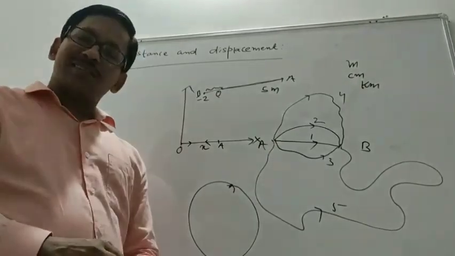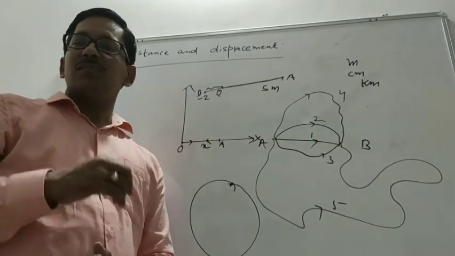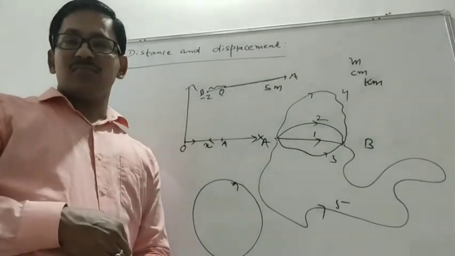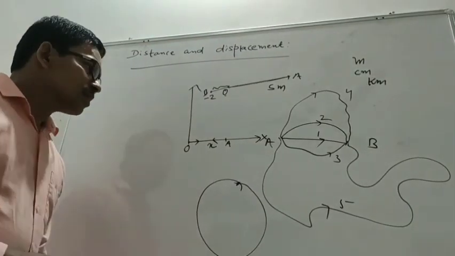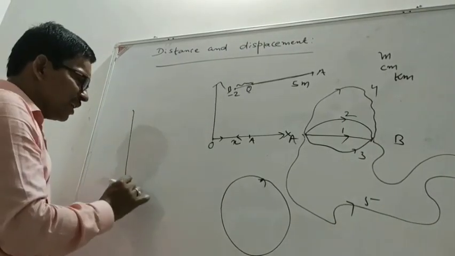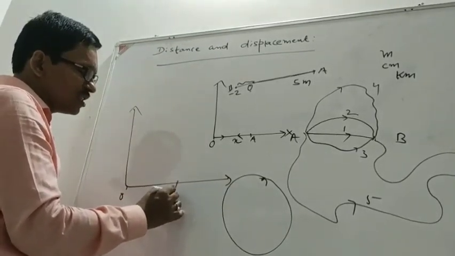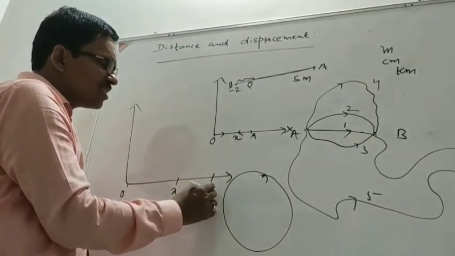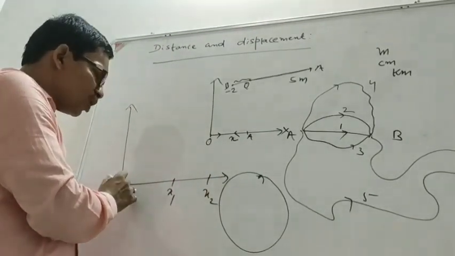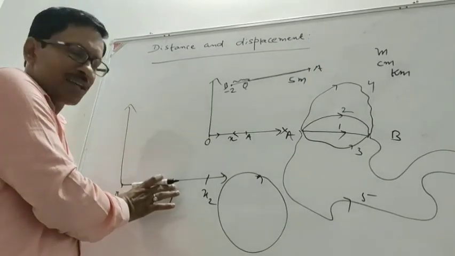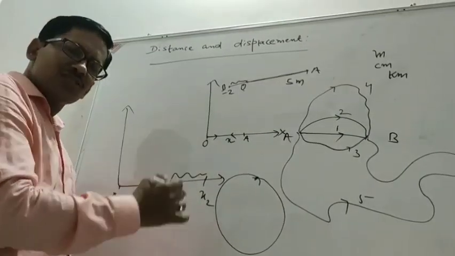And one more important point, displacement of a body does not depend upon the origin. From where we have taken the origin, it does not depend on that factor. I will tell you now. Suppose this is the origin, the body starts from here, this position is x1, this position is x2. The body started from here and reached here. Initial position is x1, final position is x2. So what is the displacement? This is the displacement, x2 minus x1.